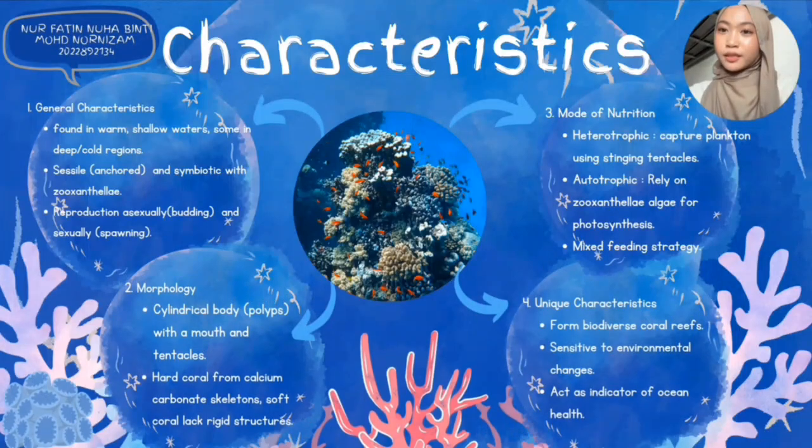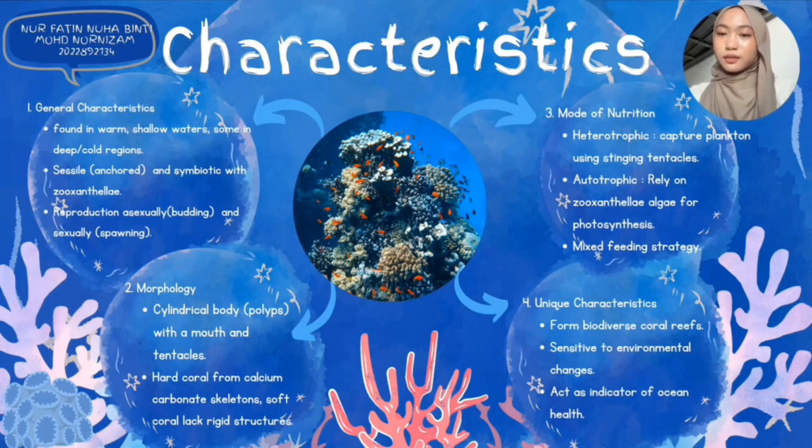Let's move to the characteristics of coral. First is general characteristics. Their habitat is found in warm, shallow water, and some in deep or cool regions. Next, they are sessile, which means they are anchored to the substrate, and symbiotic with zooxanthellae. For reproduction, they are both sexual and asexual. In asexual, they reproduce through budding and fragmentation to allow colony expansion, while in sexual, gametes are released into the water for